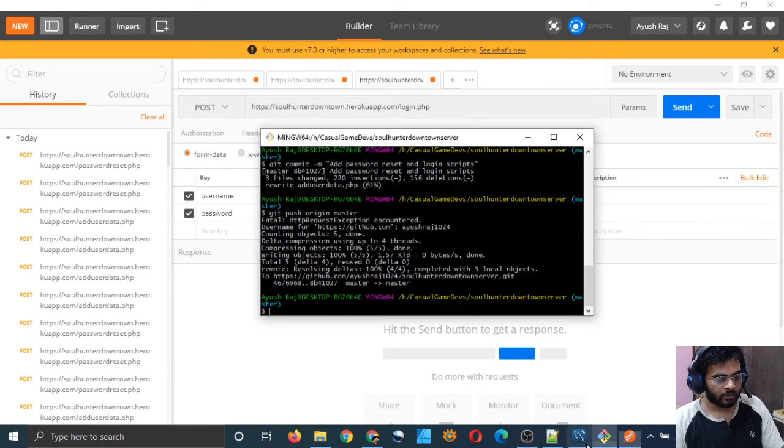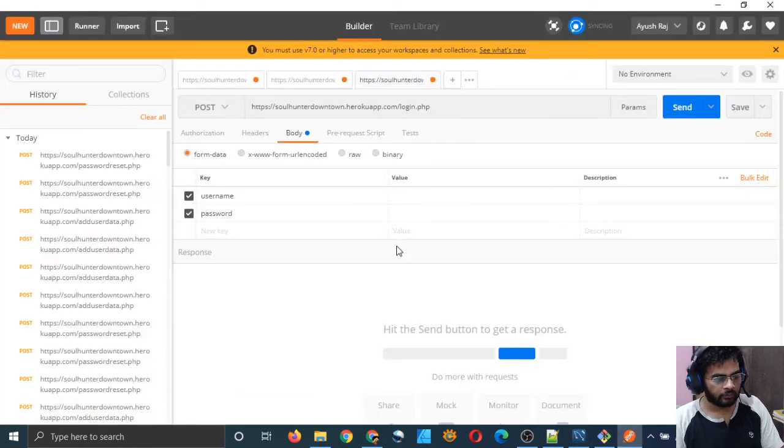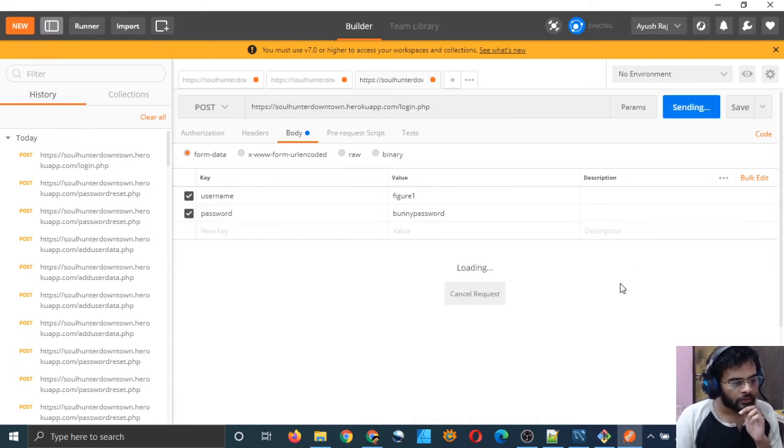We will not type the hash code, we will type the password. Username was figure1 and password was bunny password, and it should work. It should show me that I logged in successfully.